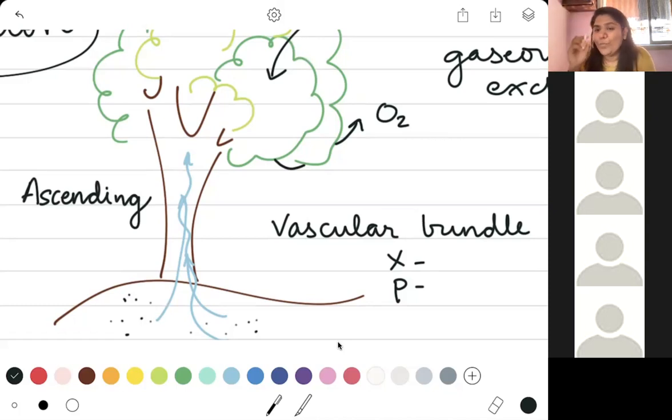So whenever you say that something is going up, ascending, we are going to use the word ascent over here. Ascending is the verb form, the noun form is ascent. Movement is the ascent over here. And all of the fluid which is present in the plant is called sap. Because the sap is moving up, we say there is something called ascent of sap.